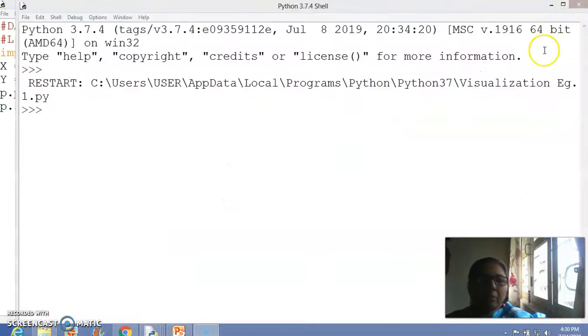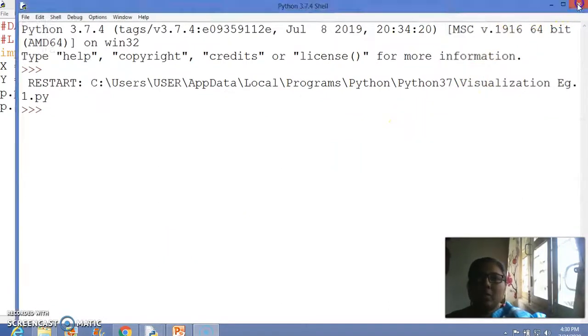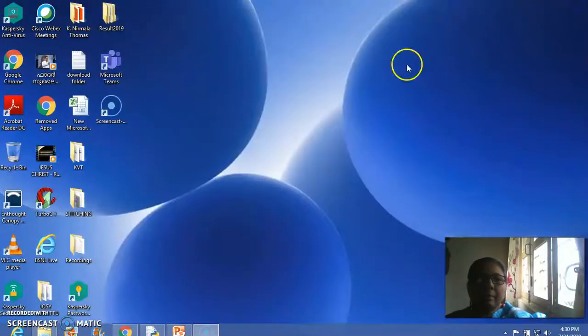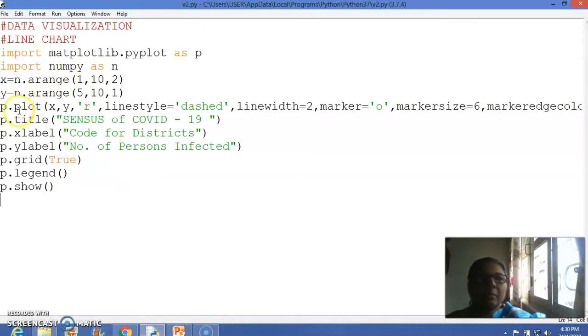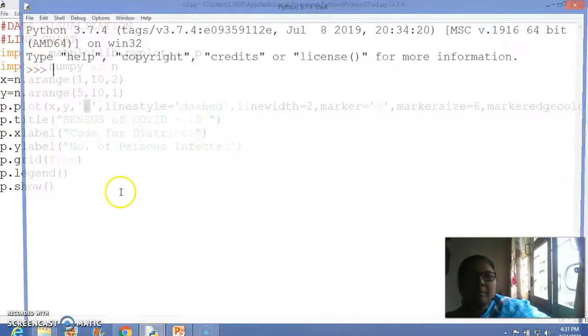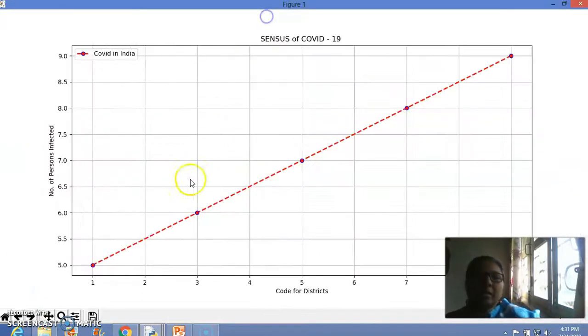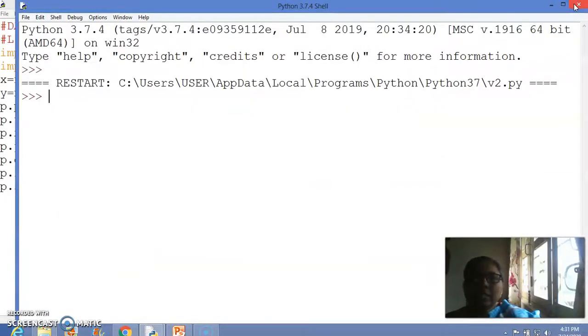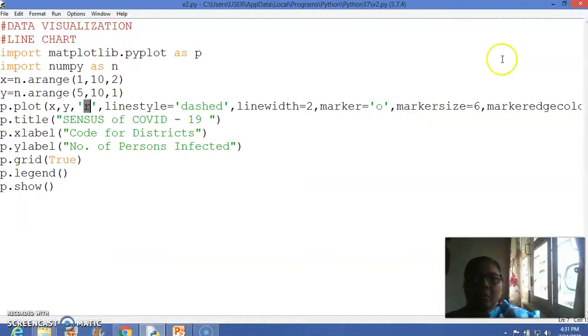So now to make it more beautiful, we can also take our second program, that is making it beautiful with the red line. Understood? So when we execute this program, we see the same chart but plotted with a dashed line, with a solid marker, with a legend, with a title, with an x-axis heading, y-axis heading, etc. Understood? So in the next class, the same code was explained to you but in PowerPoint.